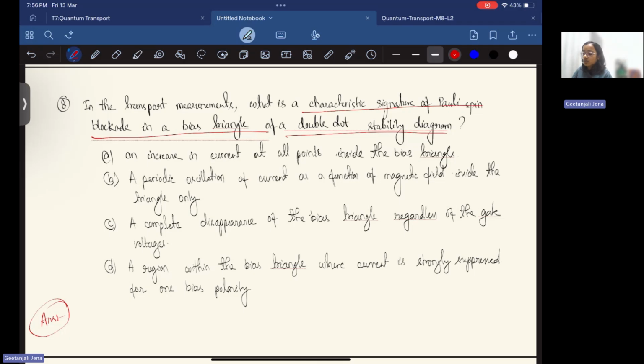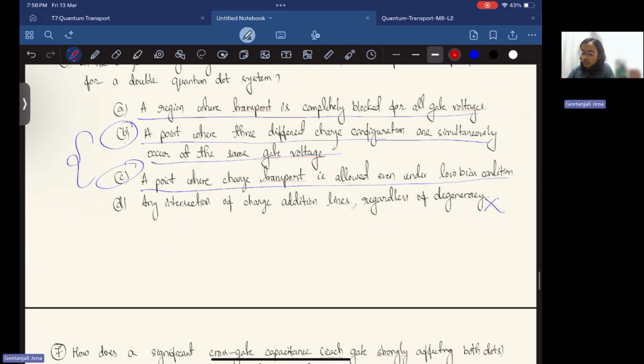Option B, a periodic oscillation of current as a function of magnetic field inside the triangle, which can indicate the Pauli spin blockade, which is not true. Option C, it says a complete disappearance of the bias triangle regardless of the gate voltage, which is also not true. Option D, a region within the bias triangle where current is strongly suppressed for one bias polarity, which is true because if you recall,